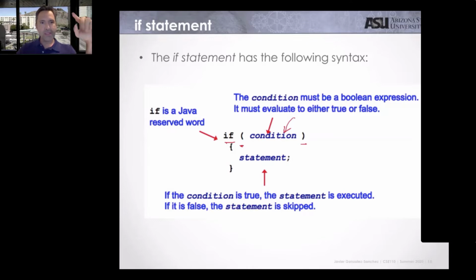I am sure that the relational operations and the logic operators return true or false. So the only thing that I can put here is something that returns true or false, a relational or a logical expression that is going to be inside of the parentheses. Next, if